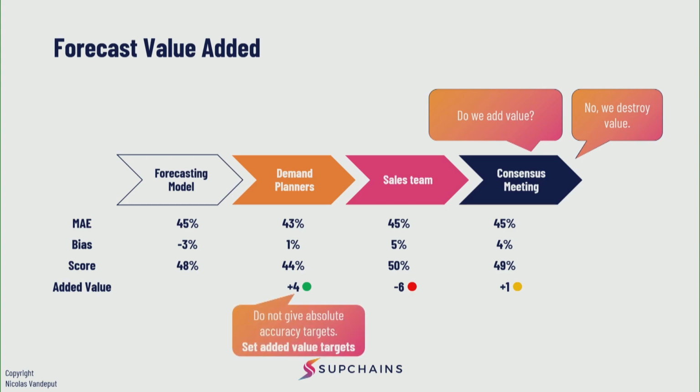So one of the things I would really like to reinforce here is that I would never give forecasting accuracy targets to different teams and different markets. Even if it's based on last year, last month, or whatever, or saying, well, if you reach 60% accuracy by the end of the year, we're going to give you a bonus. For me, this is a really bad idea. What we need to do instead is to set targets in terms of added value.